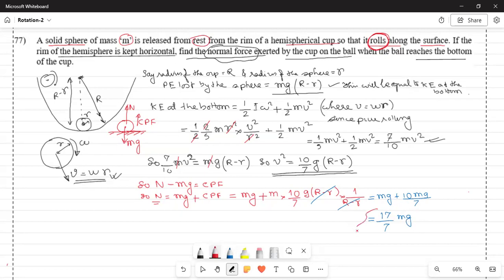So this is the answer they want you to find out. The normal force, that means the perpendicular force applied by the bottom of the cup on the sphere when it reaches the bottom, is 17 by 7 mg. Okay? It was not a very large problem, but you need to just understand what the problem